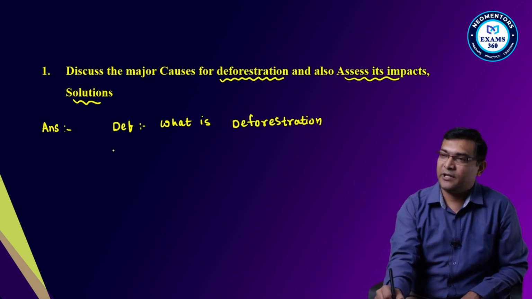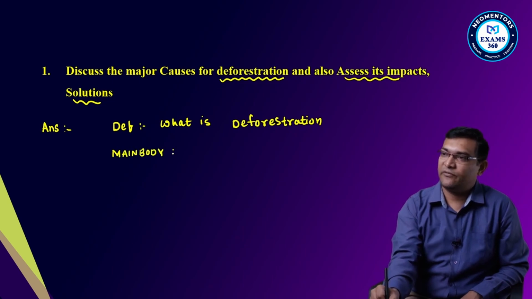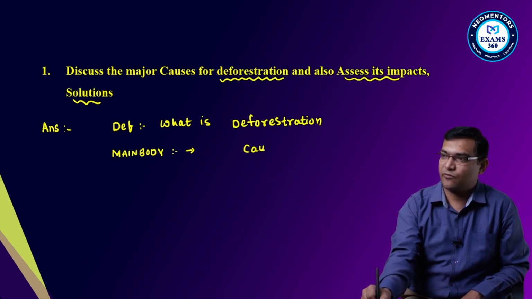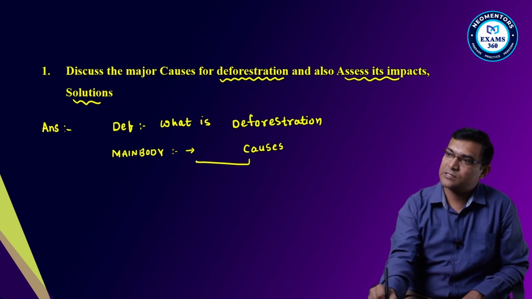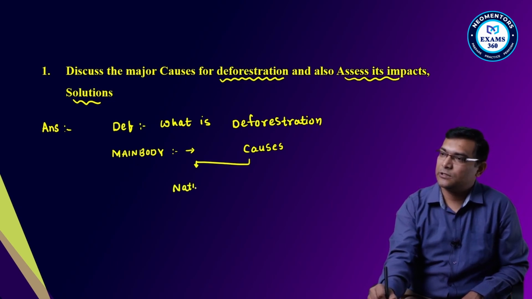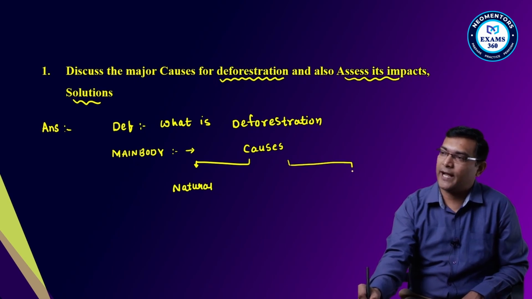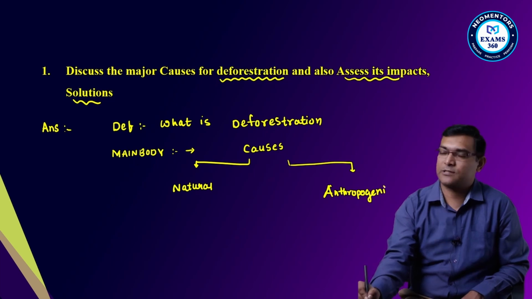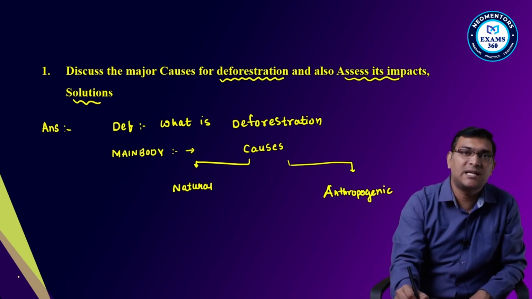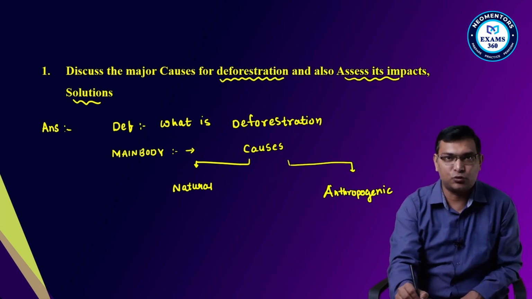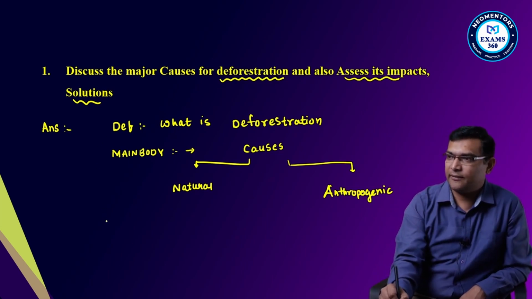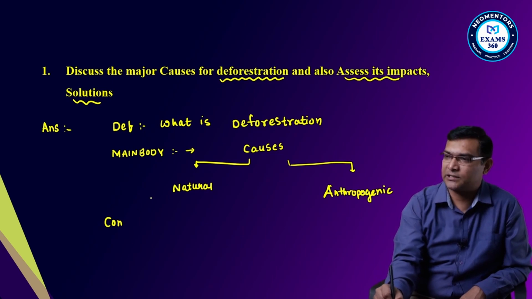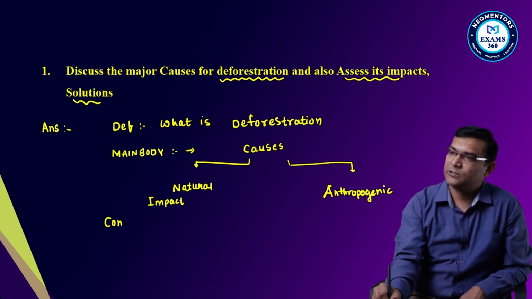Second, in the main body, I will define what the causes are. See, causes can be two types. One, the natural causes. The other is man-made causes or anthropogenic causes. So two things, natural causes as well as the anthropogenic causes. Okay, these are the two things. Then I will write the impacts of this here only. Then I will conclude